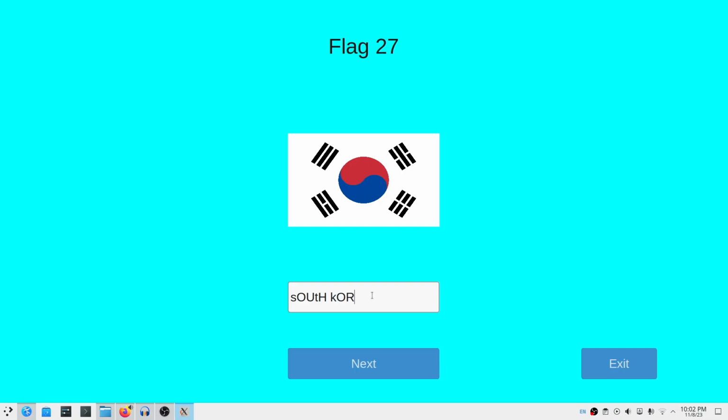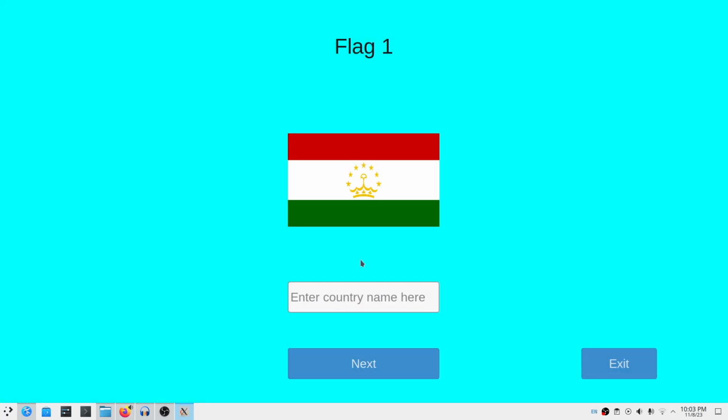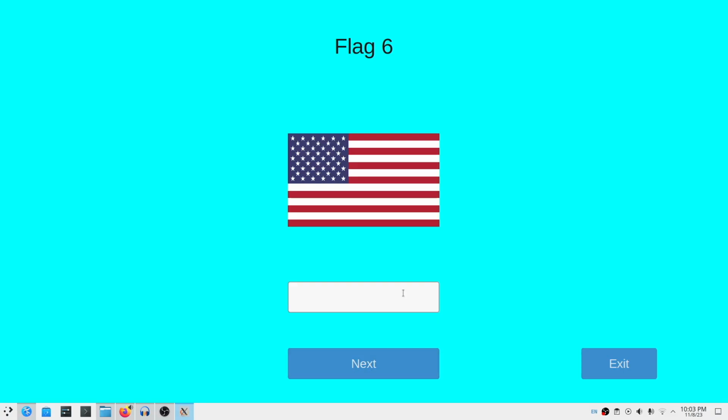South Korea. No way! Oh, I'm a freaking moron. Oh my god. Answer dot get, and then I need to dot lower dot strip it. I was testing it to see if it worked, and it didn't because I forgot to re-add that. Duh. Okay. United States